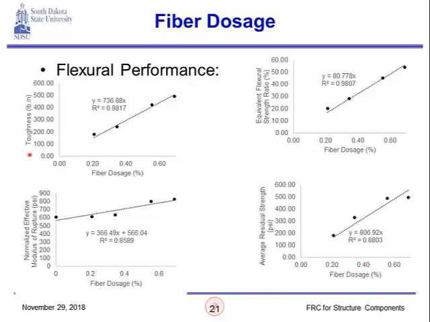Whether it's the toughness, the equivalent flexural strength ratio, the average residual strength, or the normalized effective modulus of rupture, we see an increase as we increase the fiber dosage, and the correlation is a really very good linear correlation in all of the properties, which, as I said, could be used to predict the property, obviously assuming we are using the exact same mix